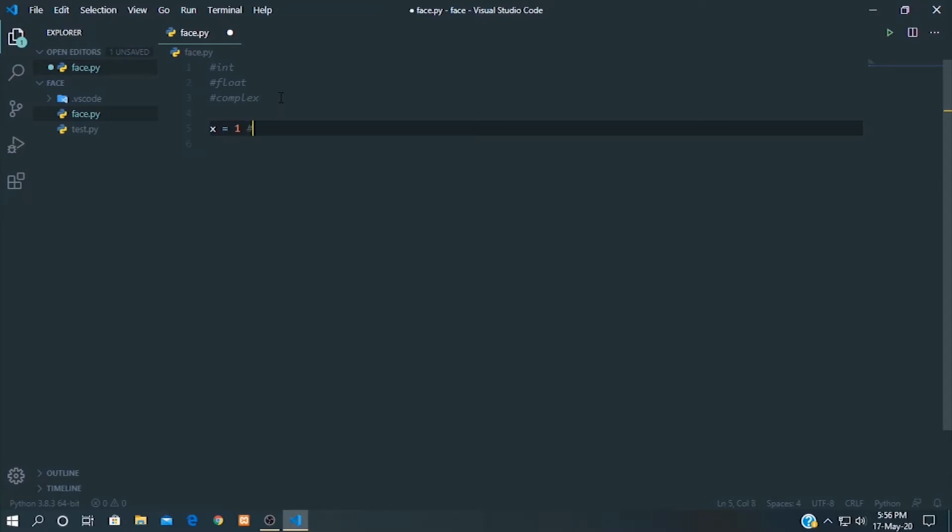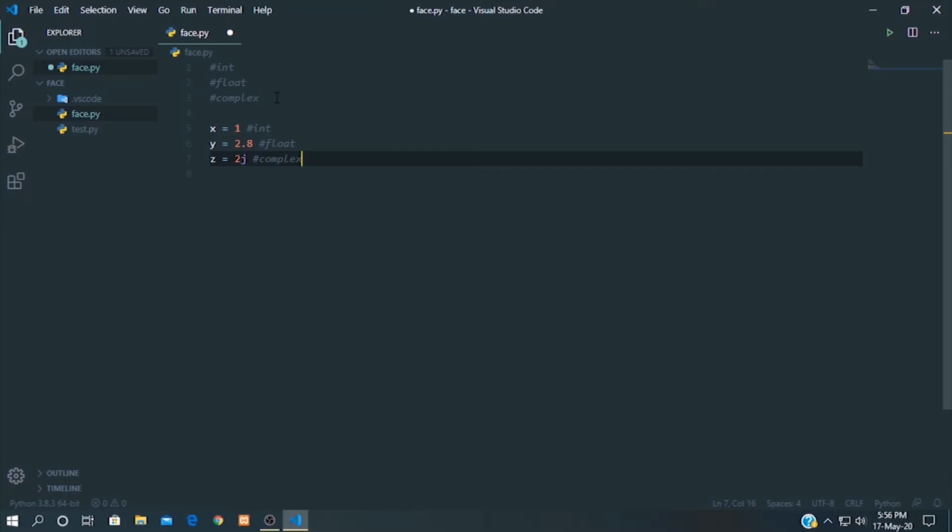This is an integer. Variable y, this is a float. Variable z, 2j, this is complex.